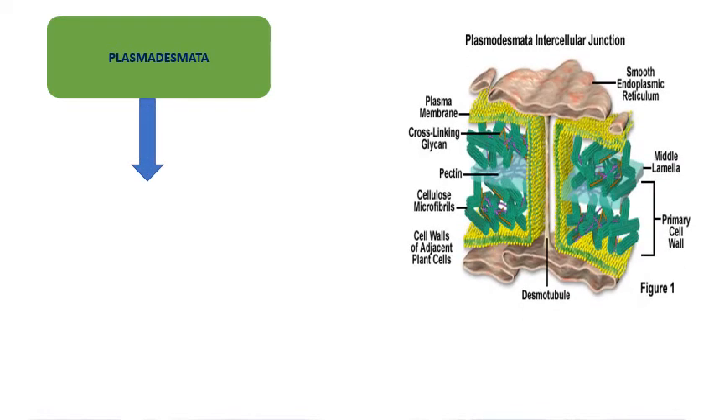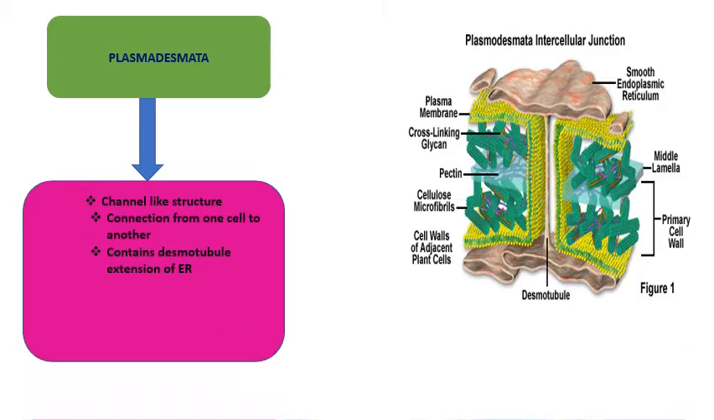Now we'll be studying the plasmodesmata. This is one type of connecting junction that takes place inside plant cells. One plant cell is connected to another cell, forming a channel-like structure called the desmotubule, where one cell of the plant is connected to another cell, and through this channel the molecules or materials are transferred